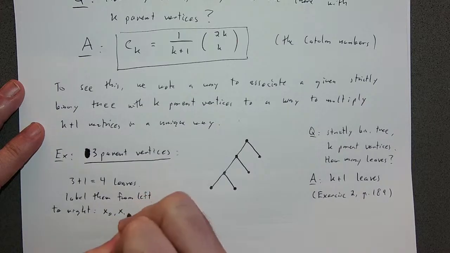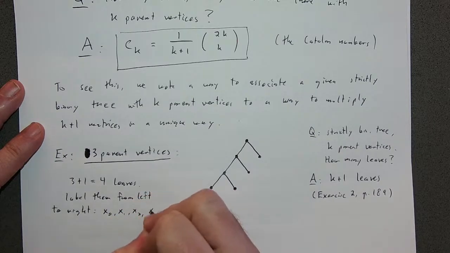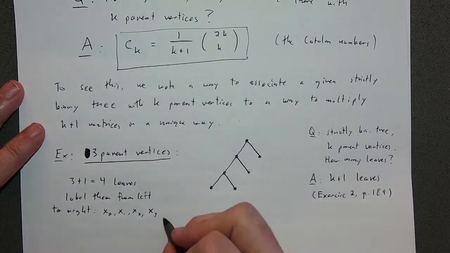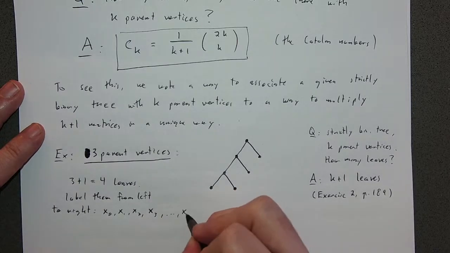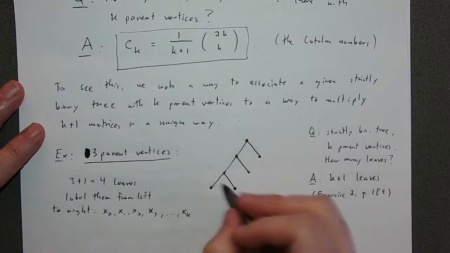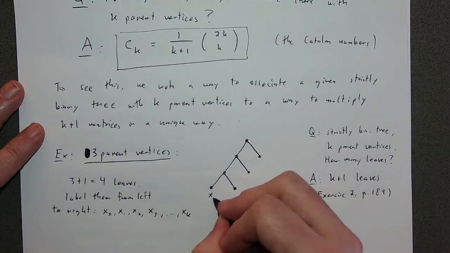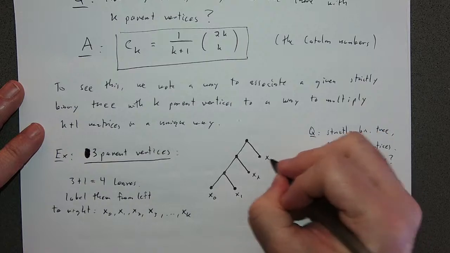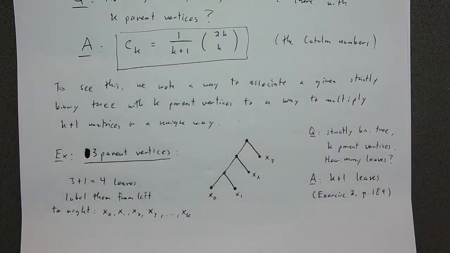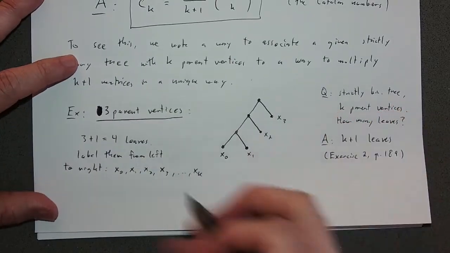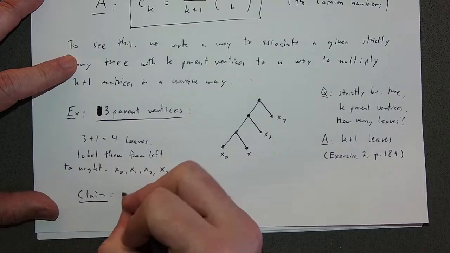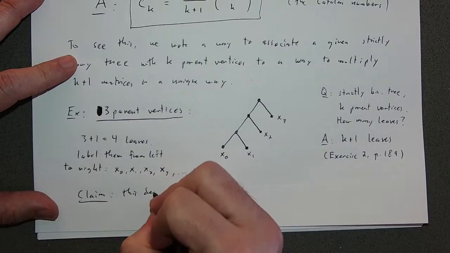X0, X1, X2, X3. So X0 to XK. Okay. Here, because K is equal to 3, this one's X0, this is X1, this is X2, and this is X3. Now, my claim is that this determines a grouping of the 4 matrices. So the claim, this denotes